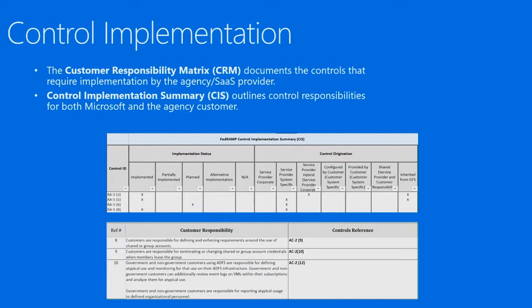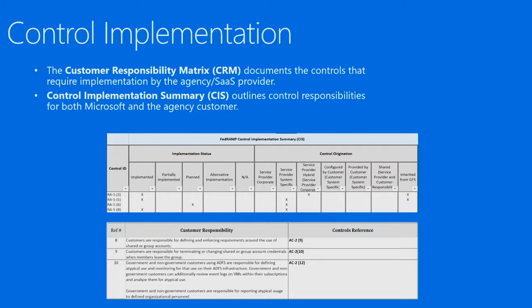So then we get to control implementation. This is really the first step where you get more into that shared responsibilities type of model. So when you're looking at control implementation, you need to know, is that something that Azure Government is going to implement on your behalf? Or is that something that you need to keep in mind as you're architecting, deploying, and operating your system?